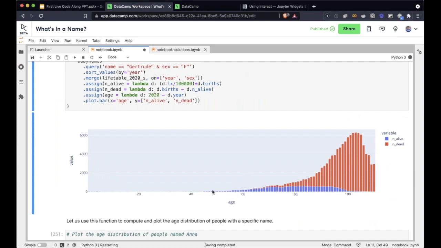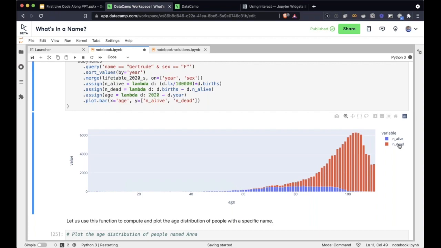If this name was popular early on, like if your name is Gertrude, you can see that there is a lot, it's a pretty old name. So you can see that these are the number of people who live up to this age, and you can see that they're all sort of here, right? So this is the distribution of the number of people alive.